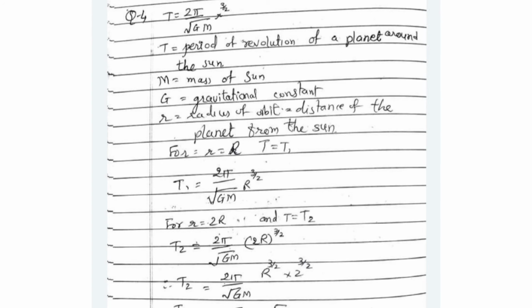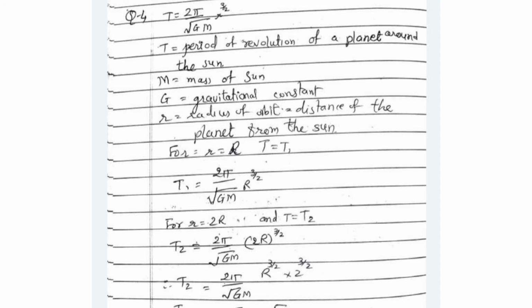First of all, we'll assume that capital M is the mass of the sun, and capital T is the period of revolution of a planet around the sun. Correct? And now, as you know, G is the gravitational constant and R is the radius of the orbit, and that is equal to the distance of